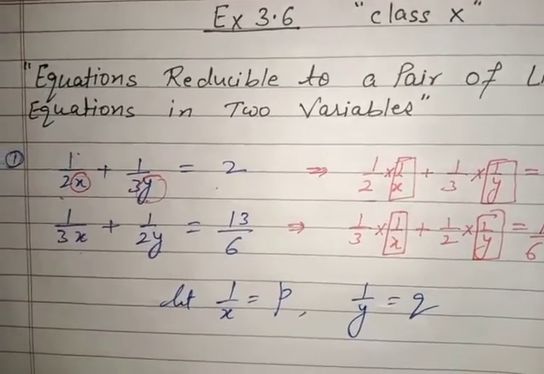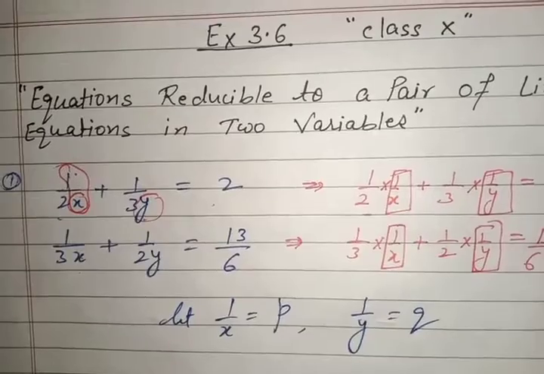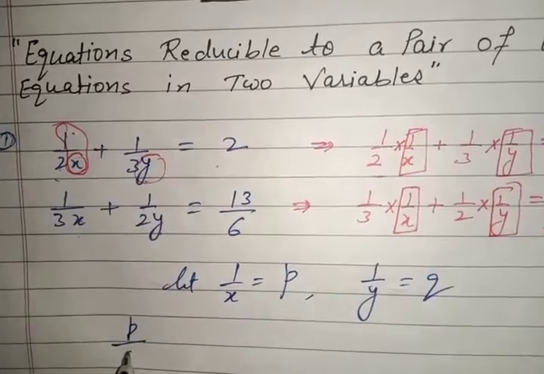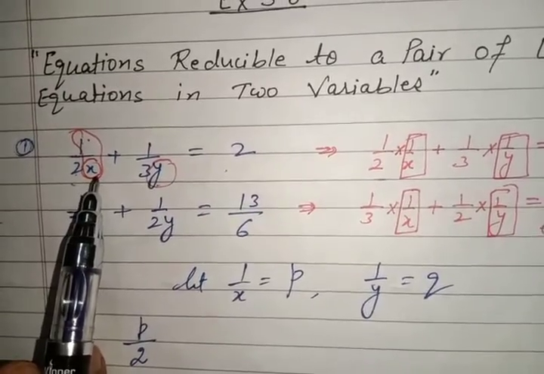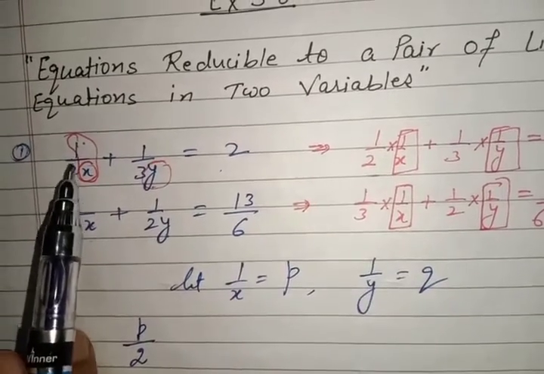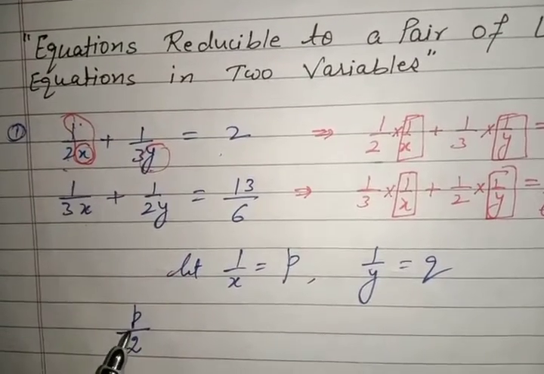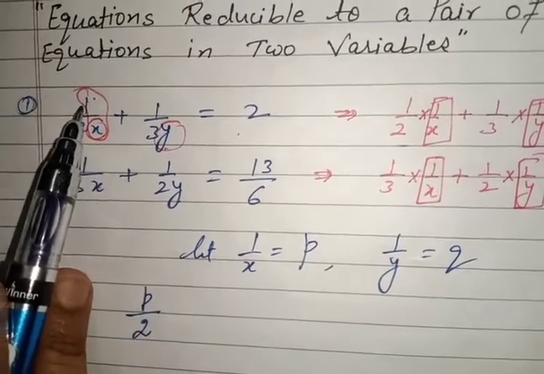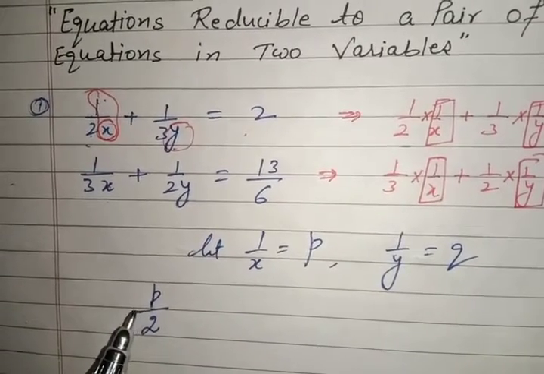So this equation is reduced in this 1 by x is p. So we will write this as p, where this 2 will be in the denominator only, because we have changed only the position of the variable 1 by x. Generally students do this mistake that they write this 2 in the numerator. Just see carefully, we have supposed only 1 by x as p. So you will write 1 by x as p because we are reducing this equation into the linear equation. Now this 1 by x will become p and p is in the numerator. So this equation becomes linear now.